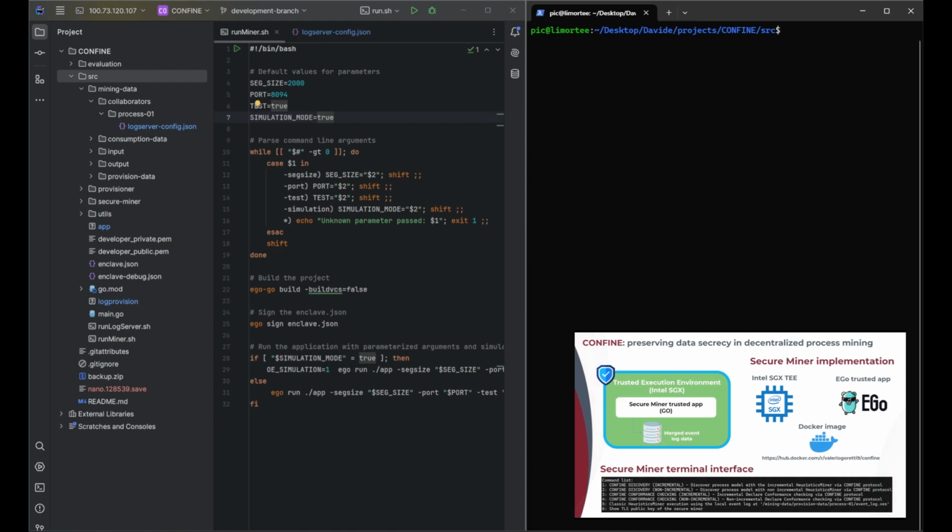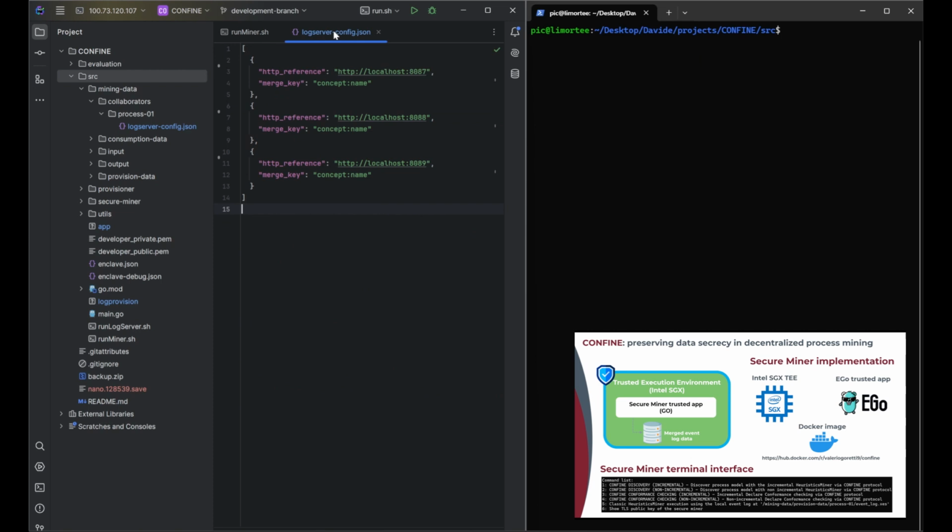The first thing to set up a secure miner is to configure the log server's config file inside the project. By default, the config file collected the metadata for 3 log servers running on localhost 8087, 8088, and 8089. The merge key field specifies the case attribute in which log servers store the process instance identifiers of their event